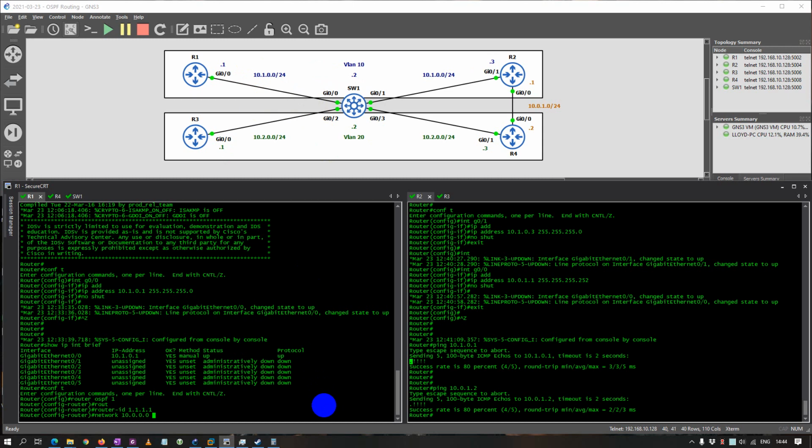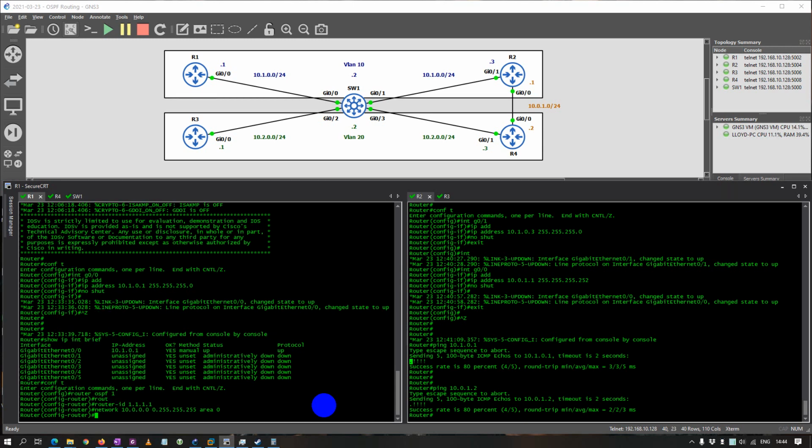10.0.0.0 0.255.255.255, oh yes, it's a wildcard mask, and let's take the entire network, area 0. Okay, for this demonstration I'm going to use area 0 on all the devices. So this one is set up. Let's go to router 2,